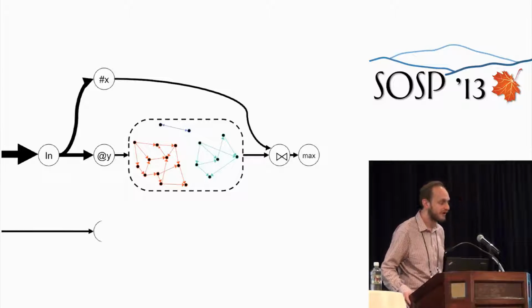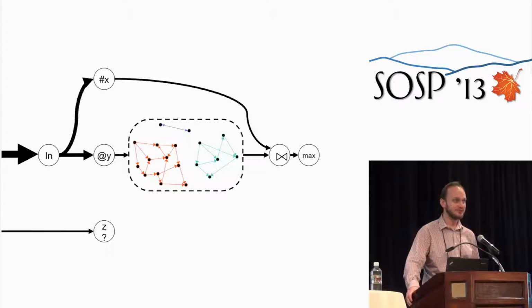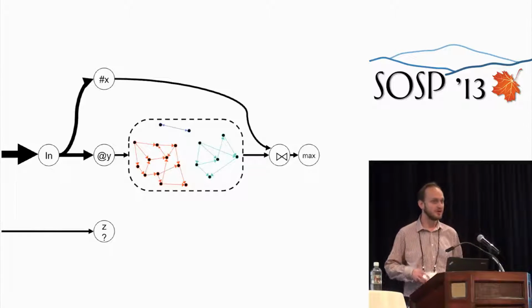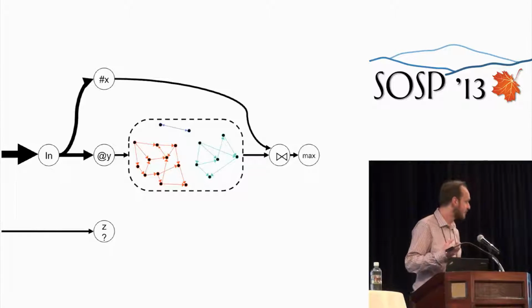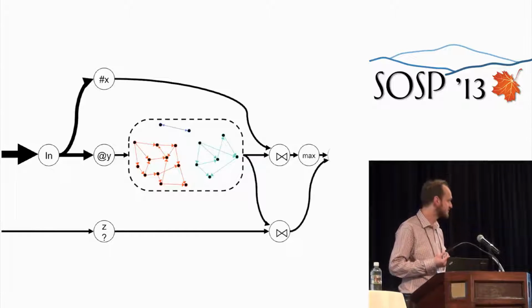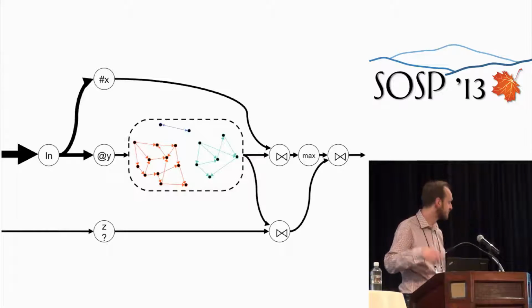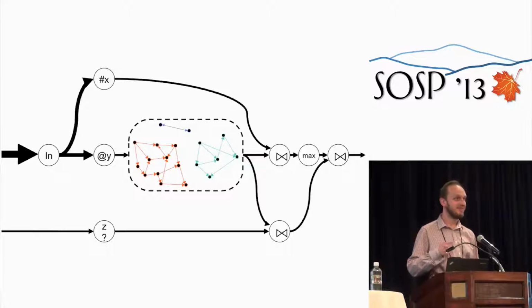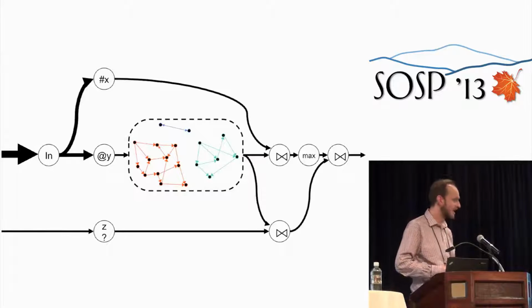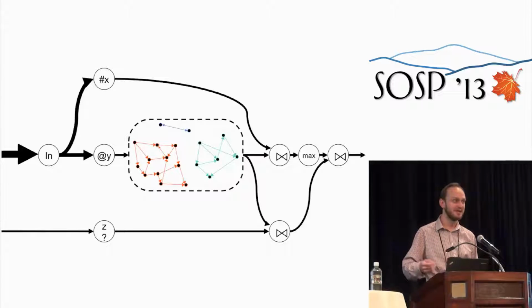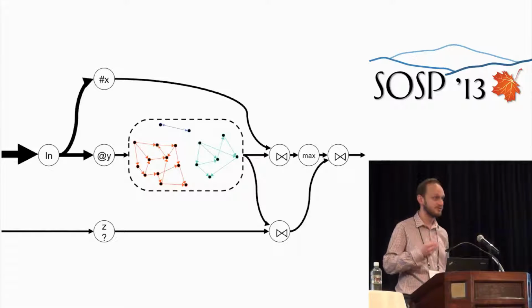We'll go even further. Let's add another streaming input. This one's going to be for interactive queries. So a query comes along, it's a username. We're going to join it with the set of components and then join it with the computed aggregate, the most popular hashtags, to find the most popular hashtag for that user's component. And you could imagine how you might use this to build a web page containing topics or adverts that are related to a user's social community.